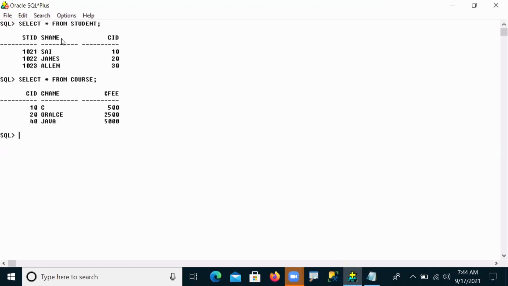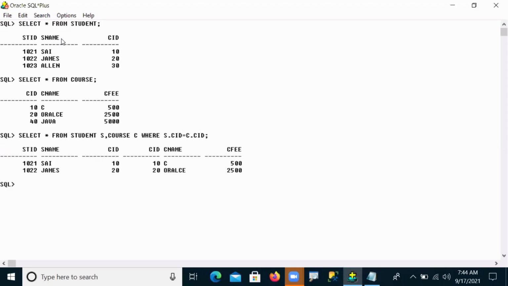These are the two tables here. On these two tables, when using equijoin, we write student S, comma, course C, where S.CID = C.CID. So only the matching information, 10, 10, 20, 20, we are getting.